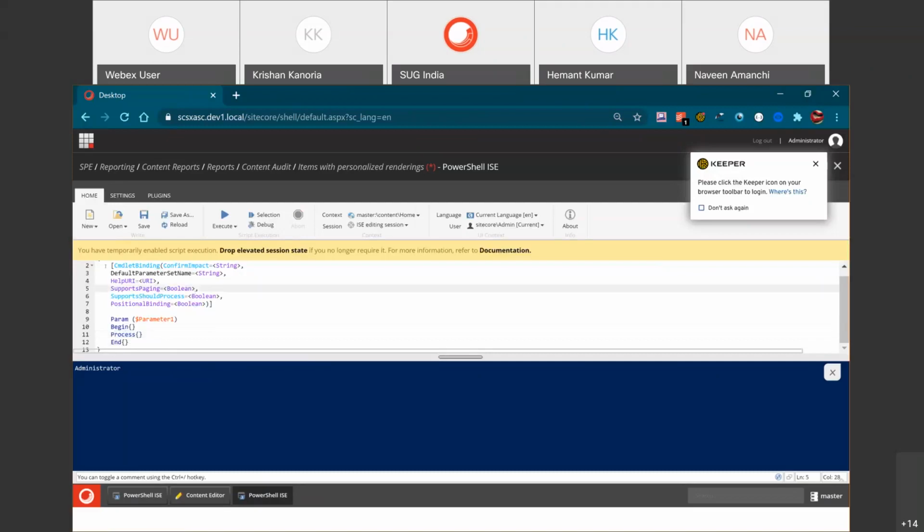Now there is one attribute, CmdletBinding. If you decorate your function with this attribute, it actually works as a commandlet. So now the question is, what is a commandlet? I just told you functions are written in the PowerShell language itself, but commandlets are written in the .NET language, I mean C# .NET. They are compiled DLLs. For example, if I'm talking about Get-User, that is also a commandlet. I'll just show you.